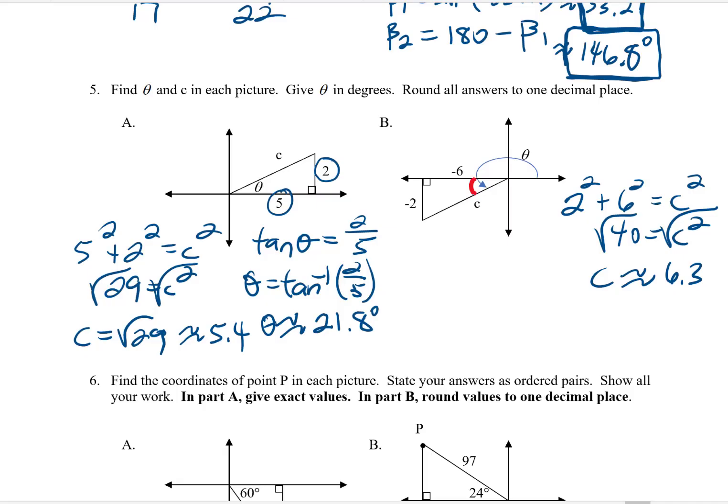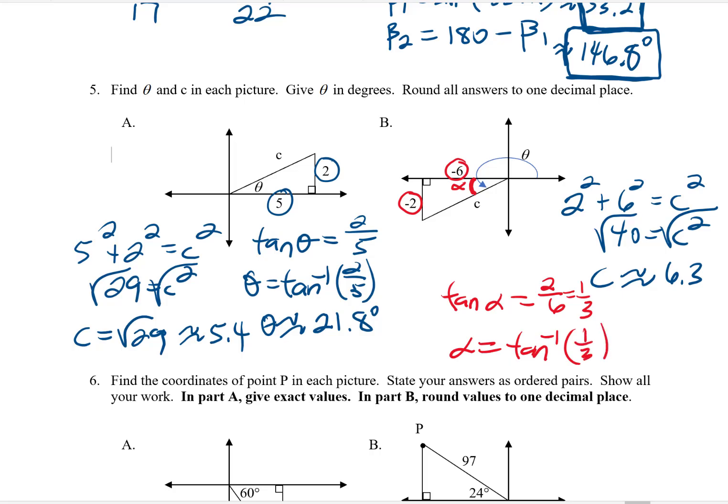And then remember, I'm not going to worry about angle theta right now. I'm going to worry about this little angle here. How about I call it angle alpha? Again, I'm ignoring all the negatives and positives. I'm just treating this as a regular right triangle. I can write another tangent relationship using that angle alpha. Tangent alpha would be opposite over adjacent, 2 over 6, or 1/3, which means alpha would just be tangent inverse